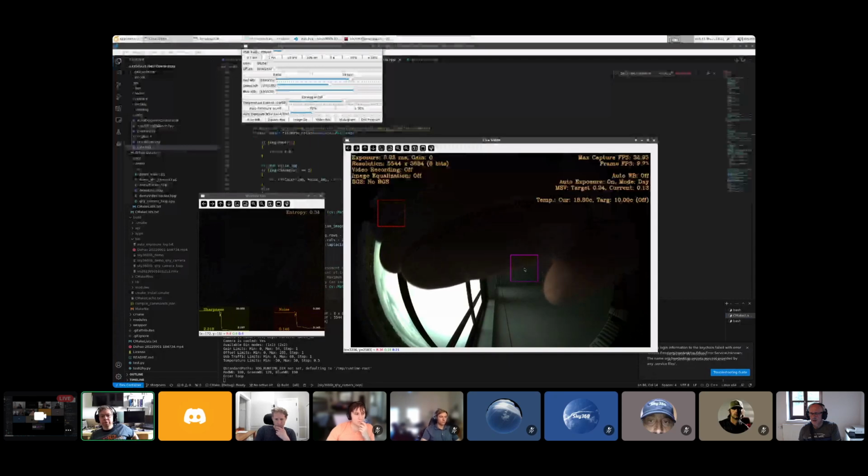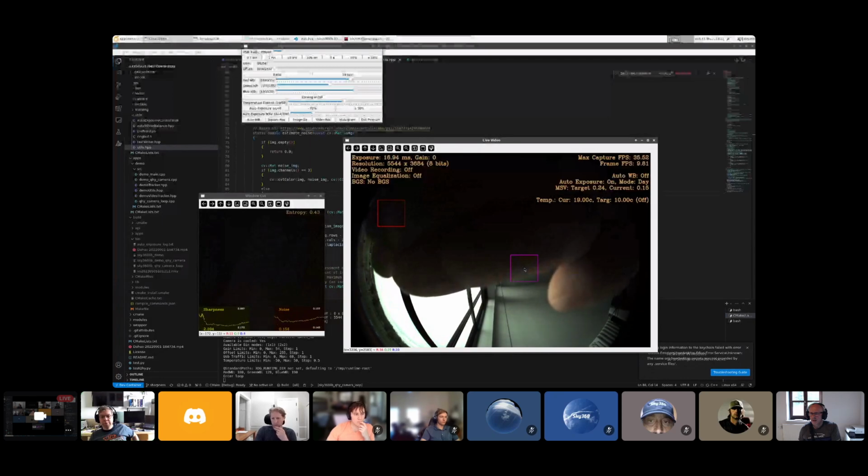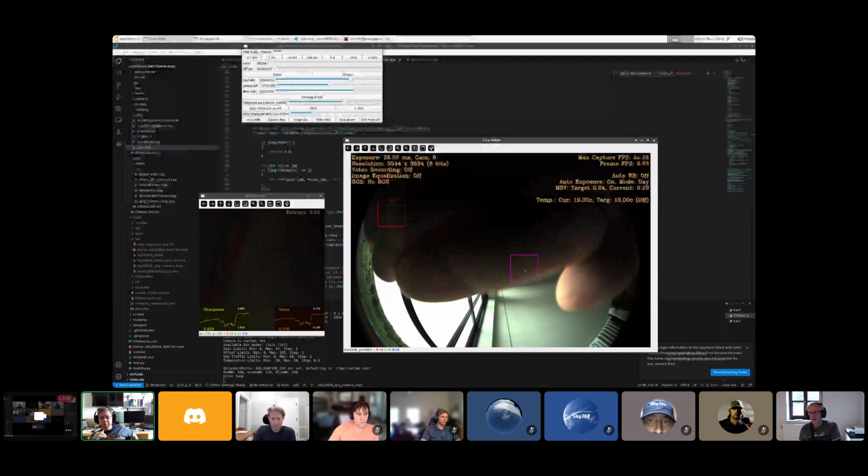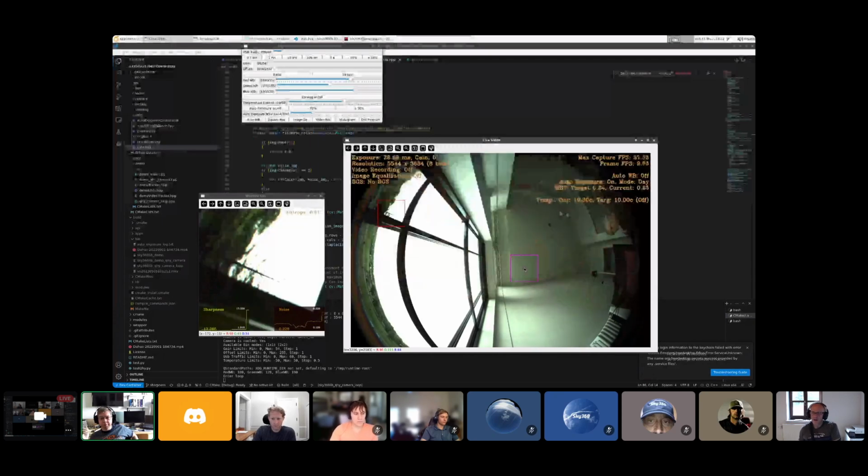You see, right now it's increasing the exposure, trying to reach the MSV. We might be able to make the transition a little bit faster, but we cannot go much faster, or else it will mess with the background subtractor a lot.